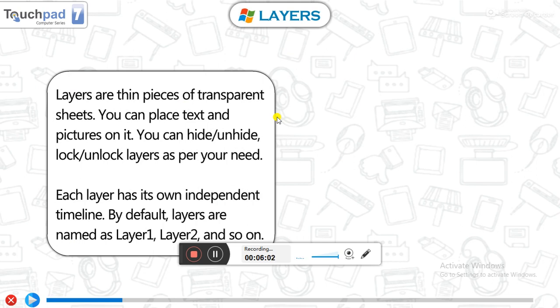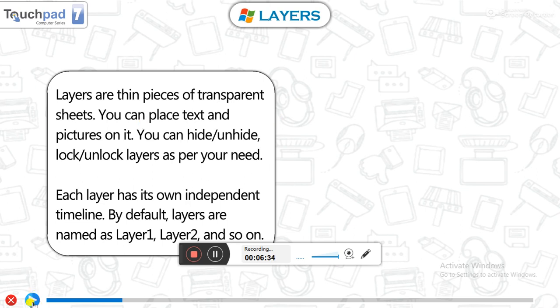But here on the stage, whatever object we draw creates a new layer named layer 1, layer 2 and so on, and all layers are transparent. We can add images, text, movie, video, audio, everything we can keep stored and placed on the stage.